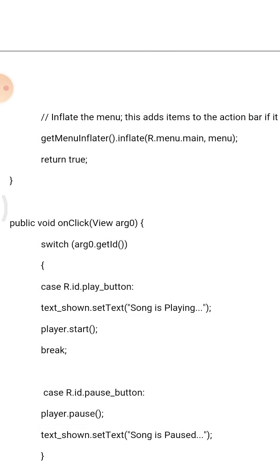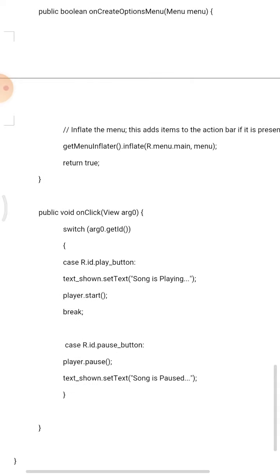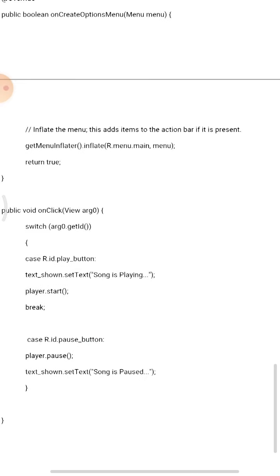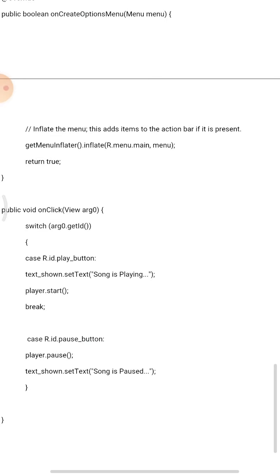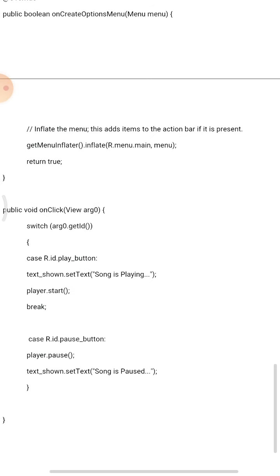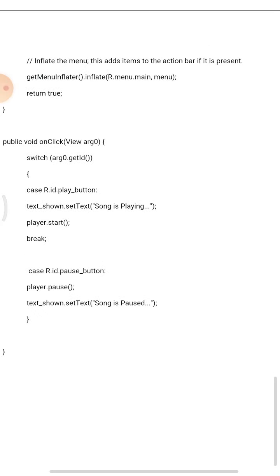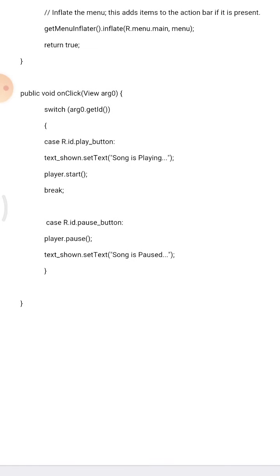Inflate the menu; this adds items to the action bar if it is present. If a particular song is selected, then automatically it is played. If the song is completed, then it is automatically paused or stopped.